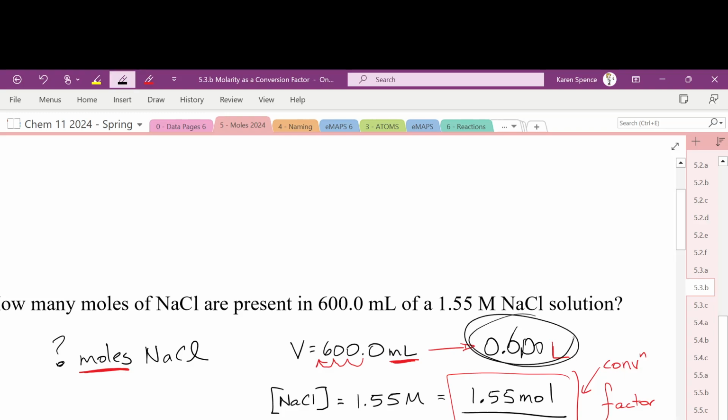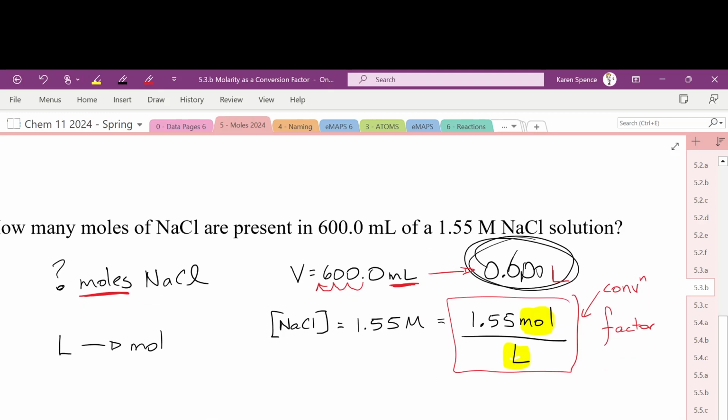So I'm starting with liters. I want to find moles. Isn't it convenient? I have a conversion factor that goes between moles and liters. So all I need to do, this is just going to be a one-step problem. I'm going to say how many moles of NaCl are present in 600 milliliters, except I'm going to write it as 0.600 liters of